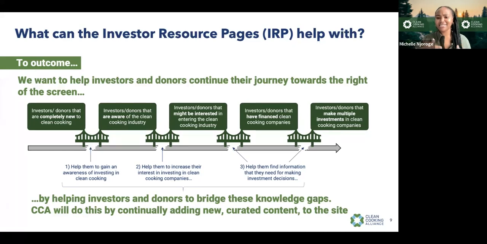And for those who have already made multiple investments, we plan to keep you here with us along the journey. So we will make sure that this is your go-to resource. Anytime you think clean cooking, you think CCA's investor resource pages. You will log in and simply find the data you need. If you're looking at a specific region or specific country, you will know exactly where to go to find this information. If you are looking at different customer insights and data points, all that is going to be available on our investor resource pages,